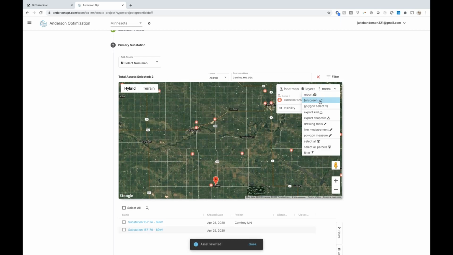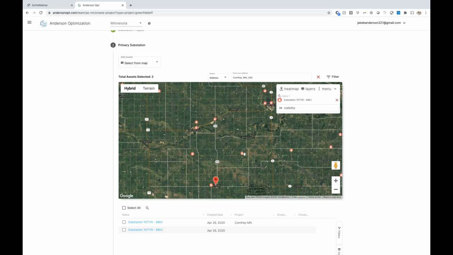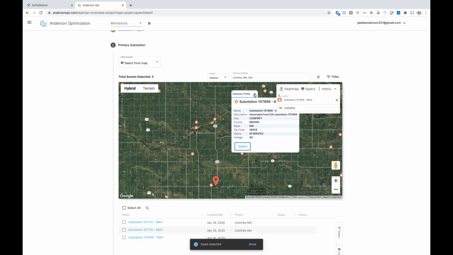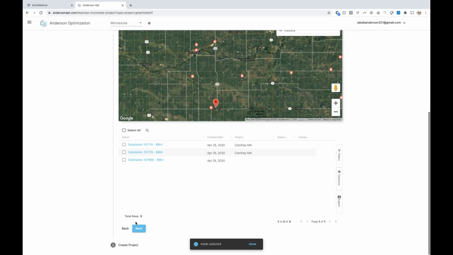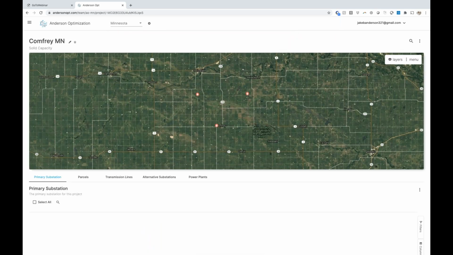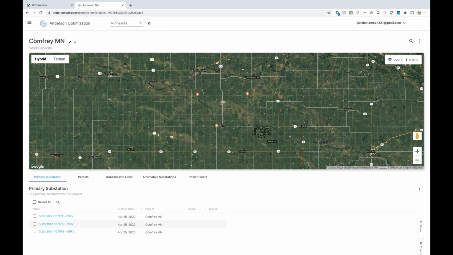But we also have a tool where you can use this polygon select tool to grab an entire area. But I'm just really going to focus on these 3 substations today. We then hit next and create, and then our platform will automatically save this project. One of the big benefits here, so we've now created this project, and a big benefit, as Dave mentioned, is